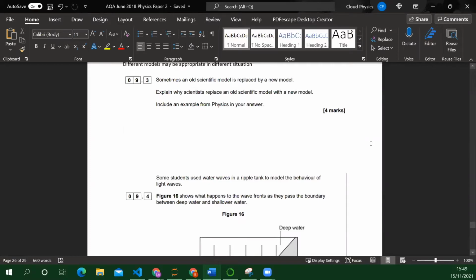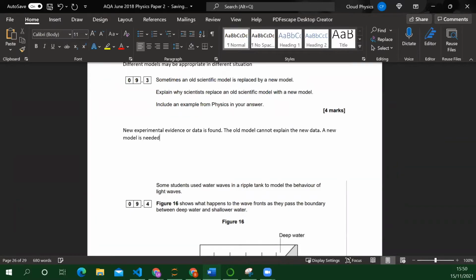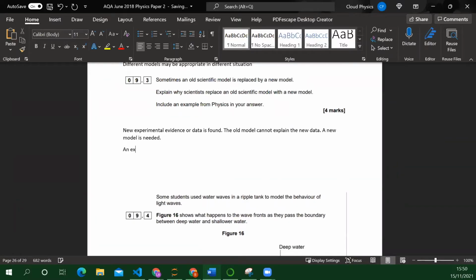So, you can have new evidence, but definitely. So, new experimental evidence or data is found. The old model cannot explain new data. Okay, so a new model is needed. So let's talk about an example. I mean, there's more than one, isn't there? An example would be